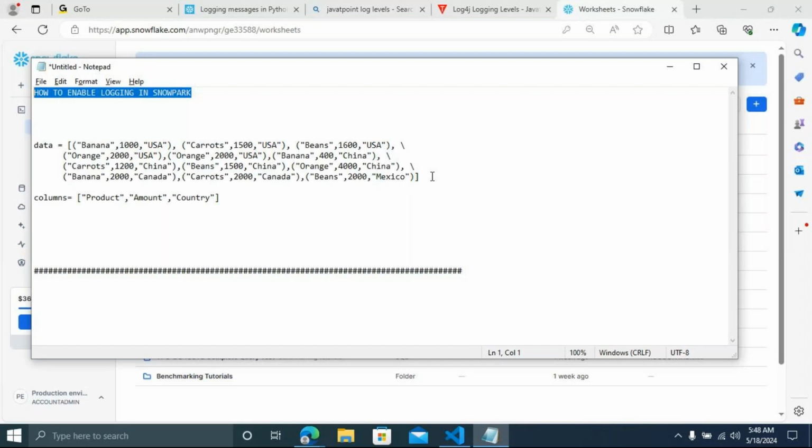Hi, good morning. Today we're going to discuss one topic in Snowpark: how to enable logging in the Snowpark API. Whenever you create some data frames, you will use some print statements to print the values in the console. But if it is productionized code, you should not use any print statement in Snowpark. That's why